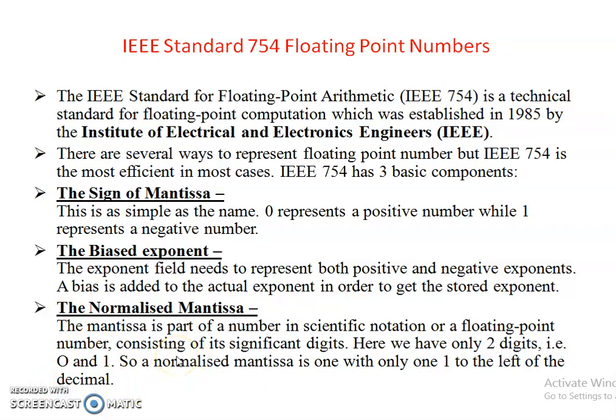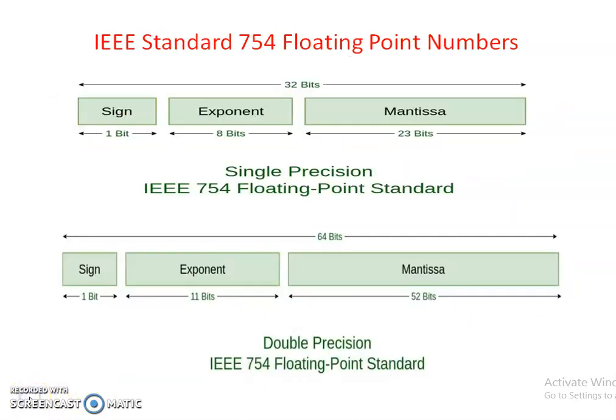Also, a 32-bit representation of floating point numbers has been developed by IEEE. The choice of 32 bits is decided based on the standard computer word length. Now the IEEE 754 numbers can be classified into two types, that is single precision IEEE 754 standard and double precision IEEE 754 standard.